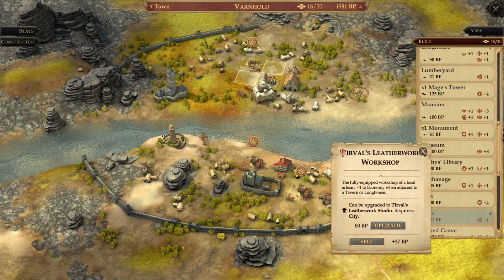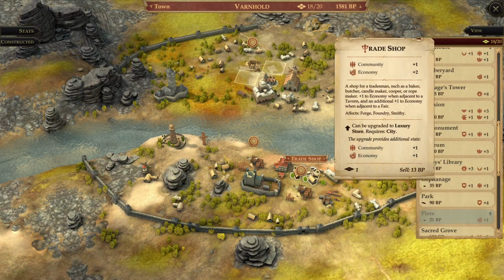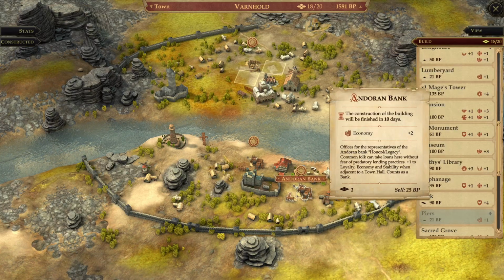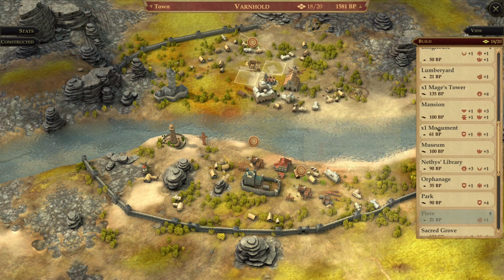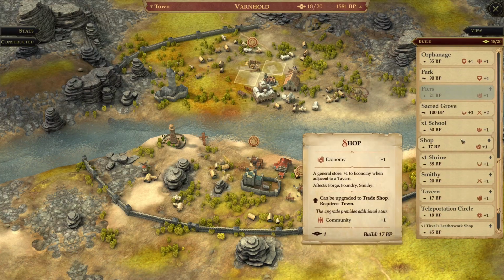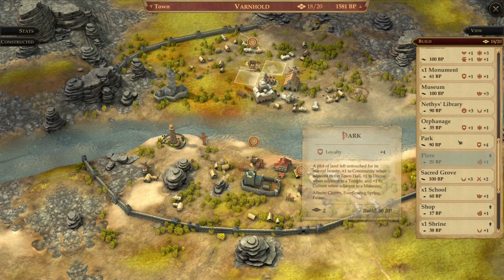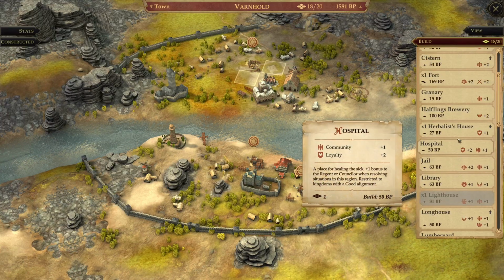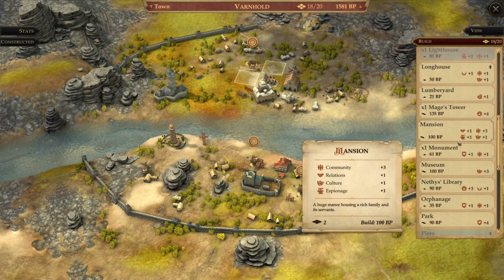Upgrade Turvals. Trade shop is already upgraded. Fort doesn't get upgraded. Okay. All right. Yeah, let's just give them a Nethys library and